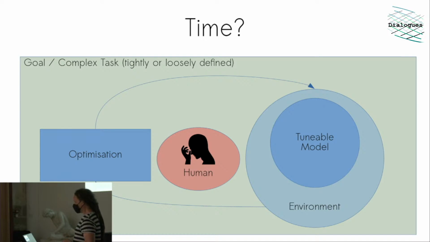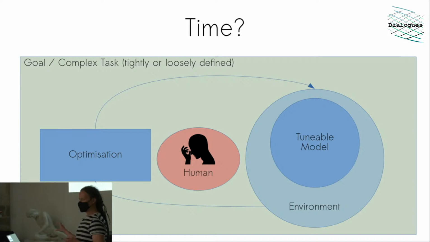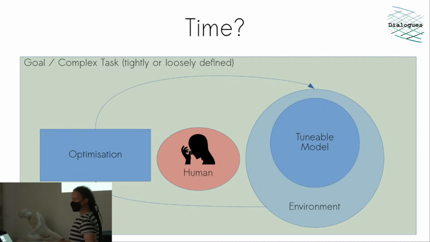It's also really important to think about how time works in this process. So where is time in this whole thing? It might be stretched. We might spend a lot of time collecting data and then creating a model which runs in real time or non-real time. So we can dilate time like this. We might have this whole process running as part of a performance, so the whole thing is in real time, and then various stages in between. So I'll come back to the real time thing in a bit.